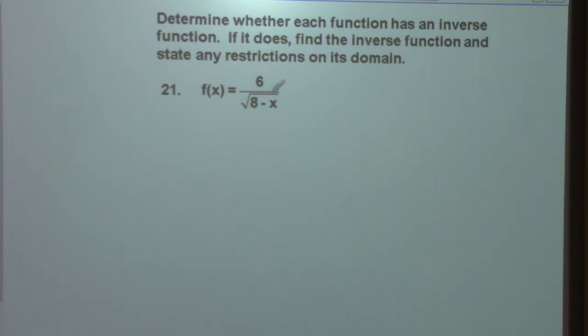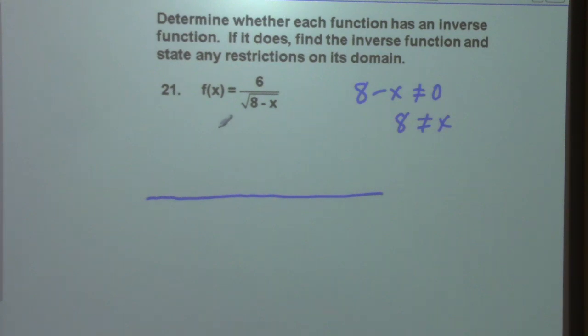And really what you have is this, you can have a 0, you can have undefined, because 8 minus x cannot equal 0, so x cannot equal 8. So there's going to be some kind of